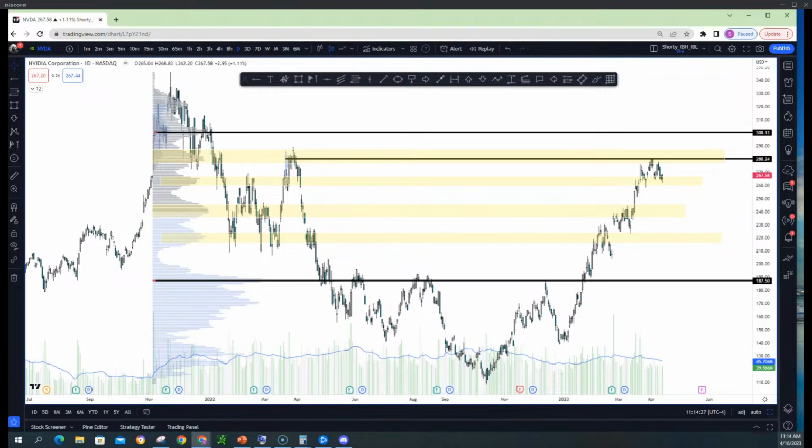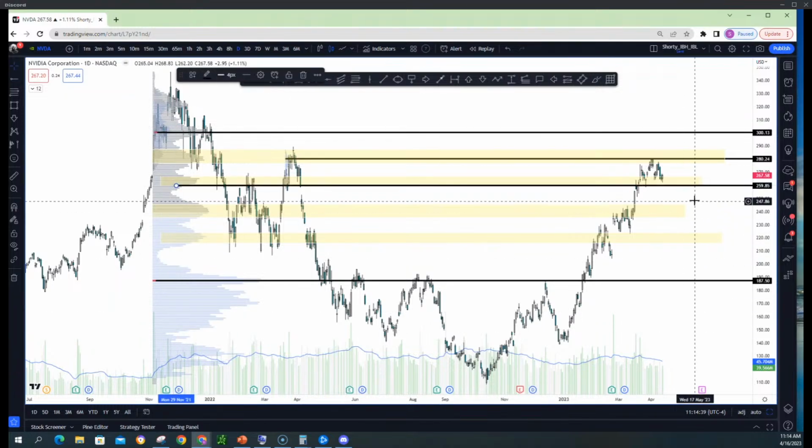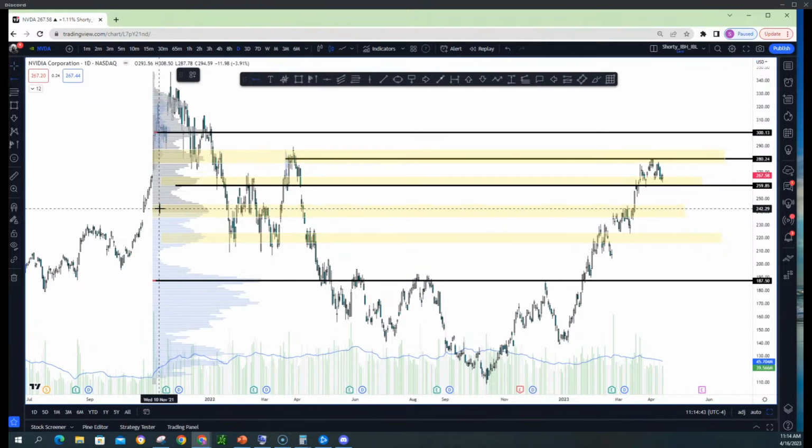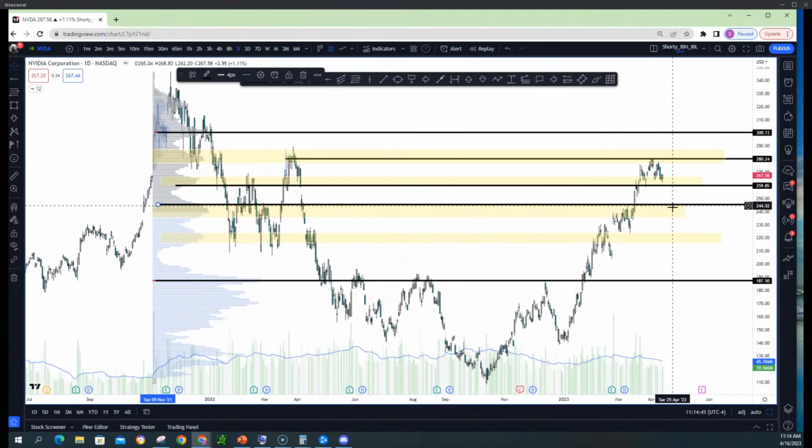Yeah. It creates liquidity. And now, this is exactly where we shorted it, right? 280 was a good short. So now if you lose this supply, what happens? You go to the next supply. And at some point, you're going to get a bounce. And that's where you can use that change of character price action. You see where, and then you enter from there and you can play long. But for now, I'm on daily.